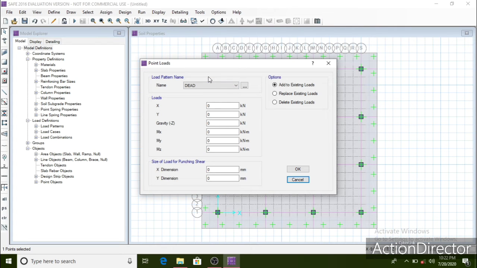The value of dead load for this column number 1 is 1850 kilonewtons. So enter the value of 1850 kilonewtons. The size of the load for punching shear is nothing but the dimension of this column, that comes to 500 mm by 500 mm. So click on OK.